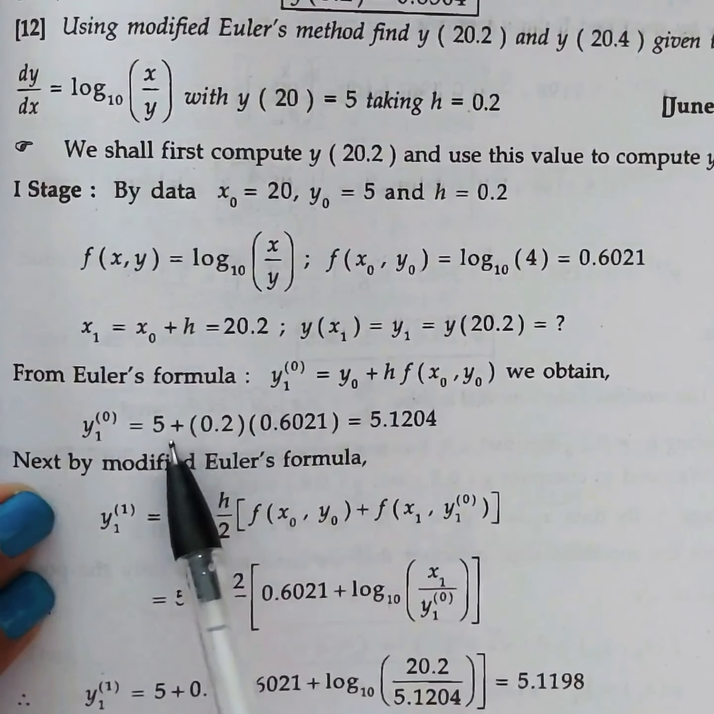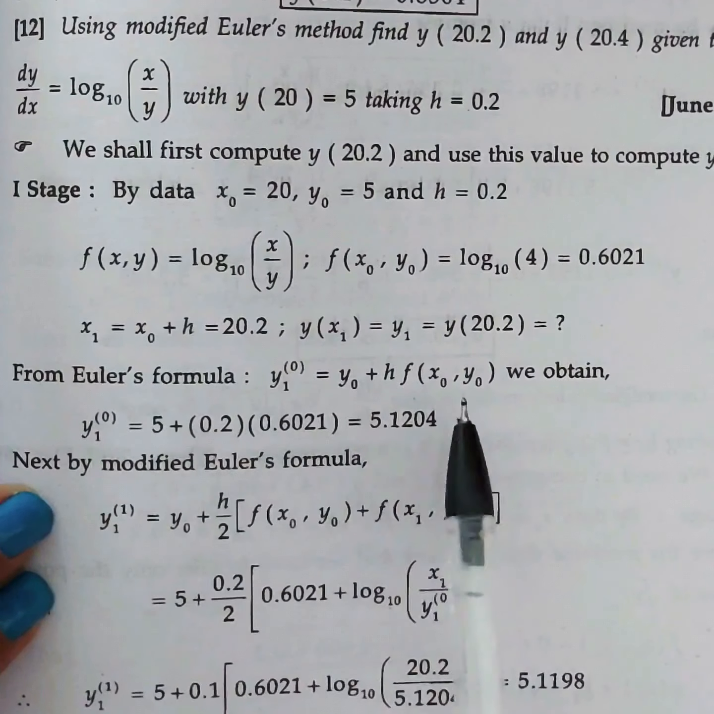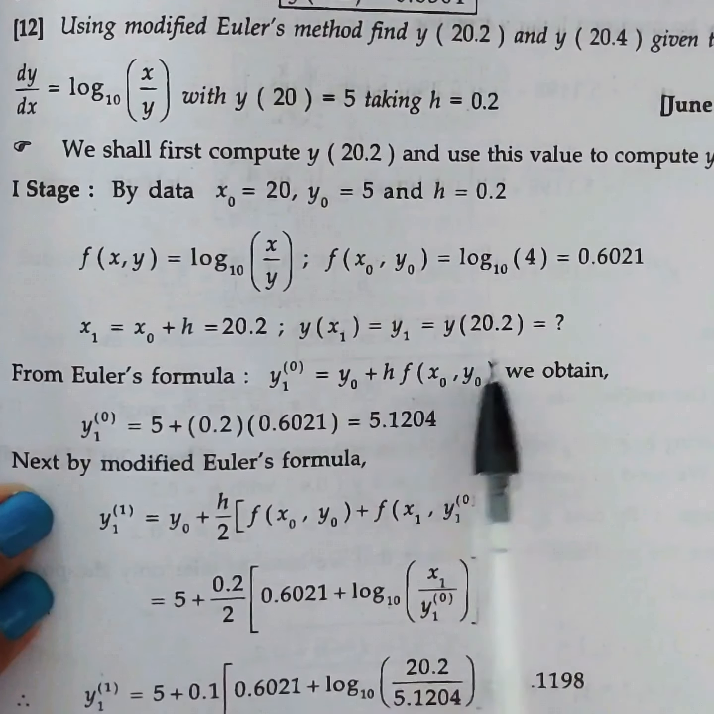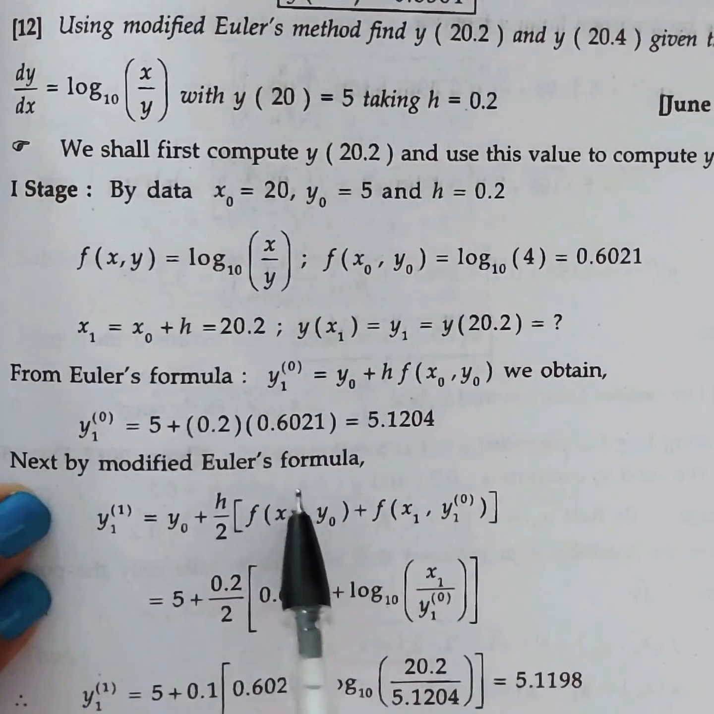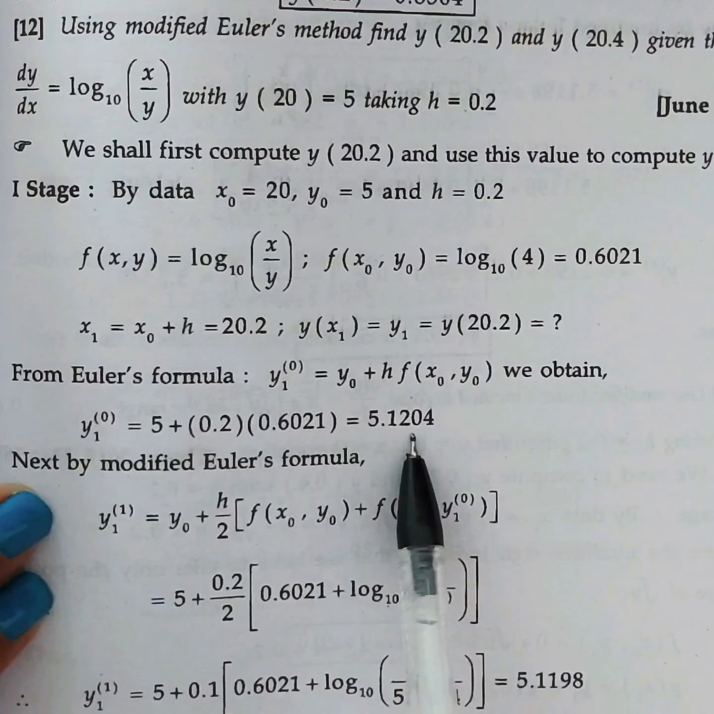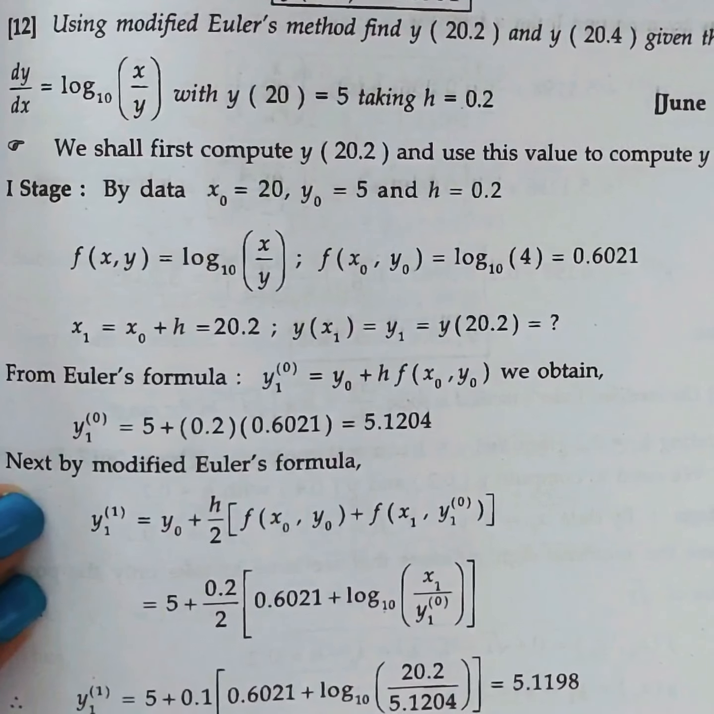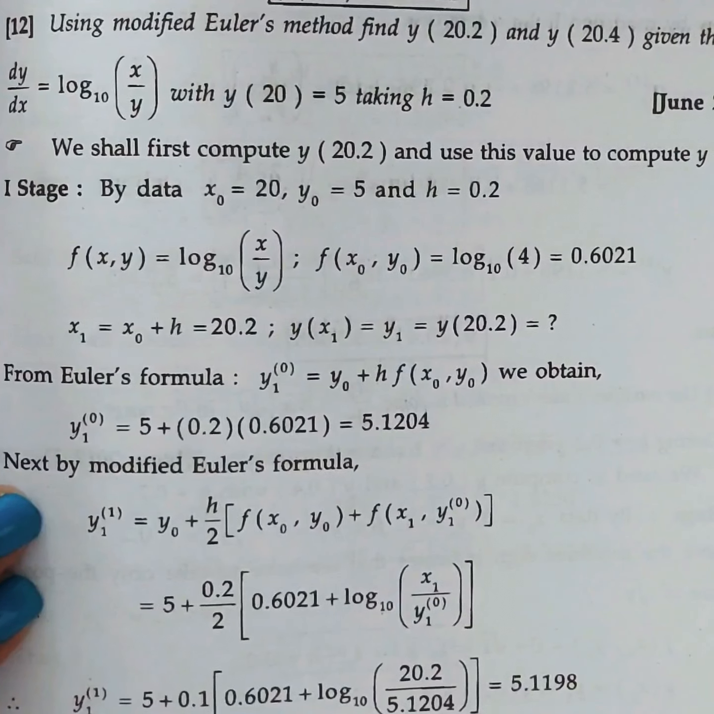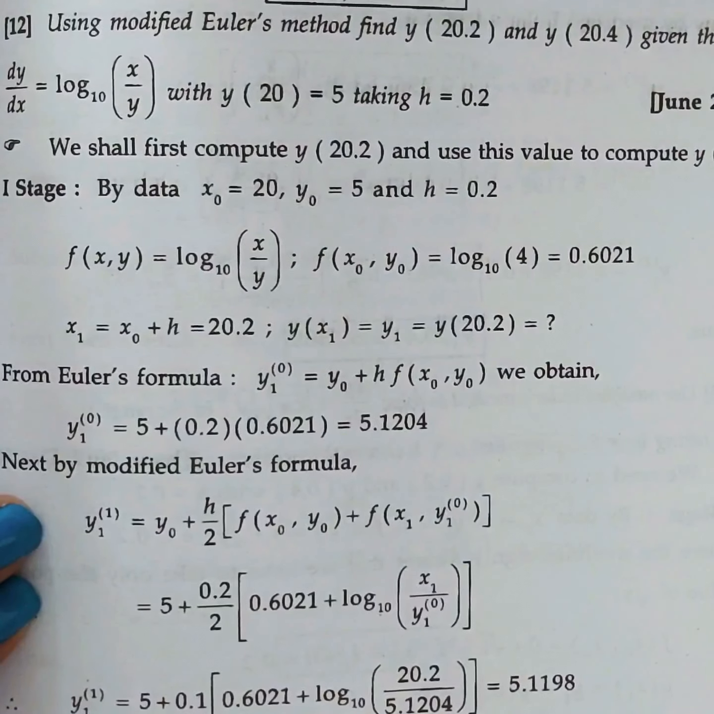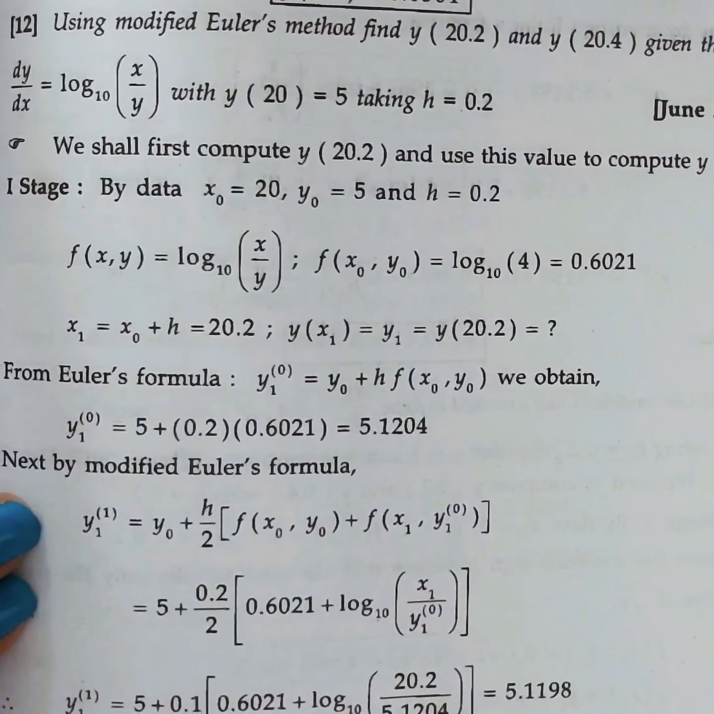So y0 value is 5, h is 0.2, and f of x0, y0 we got as 0.6021. So we have applied it and we got this answer. 5.1204 is my first approximation. Now we are going to approximate twice, because we have two stages, so we can stop with two